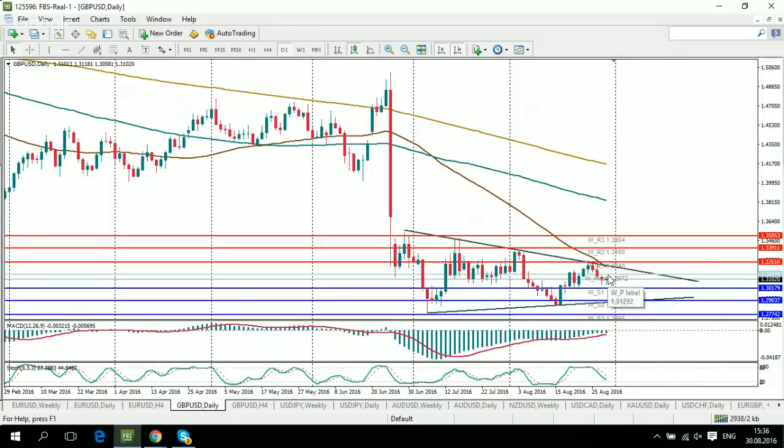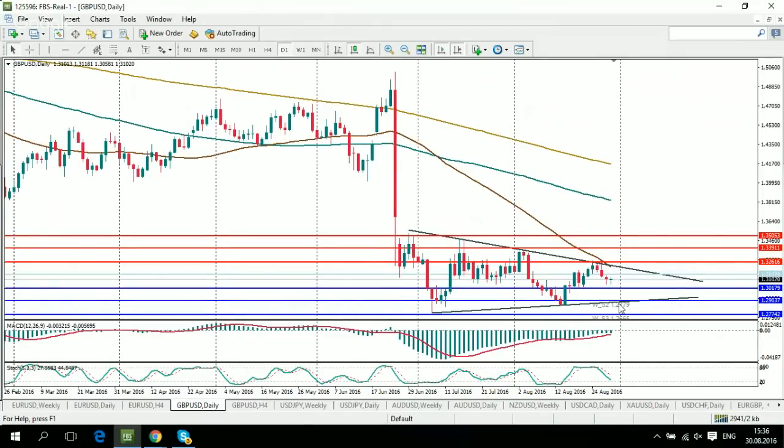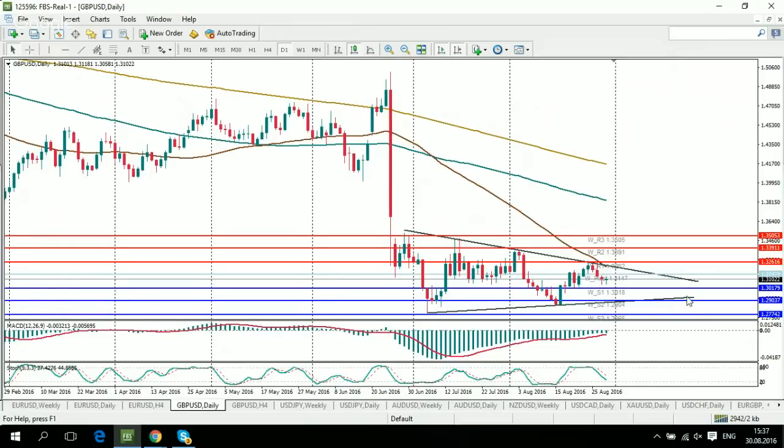You can see that the pair is trading below the weekly pivot level, which is at 1.3147. We are below this level and in bearish territory. The first weekly support is located at 1.3018. 1.30 is a key level for British pound US dollar, and I expect that there is potential for the British pound to get to this level,